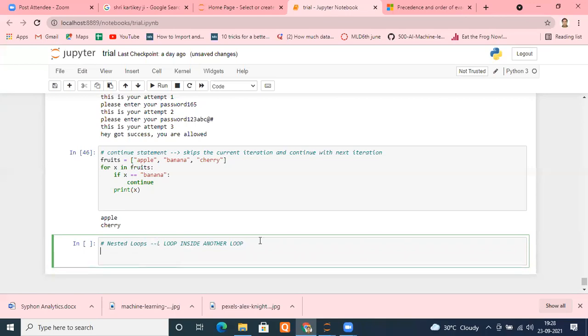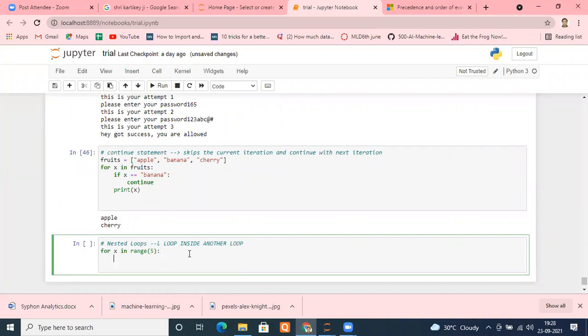For example, I'm writing a for loop with loop variable name X in range 5. Colon, enter. And inside that, I again put a loop: for Y in range 3. X and Y are my chosen names; you can put any name you want. Colon, enter.